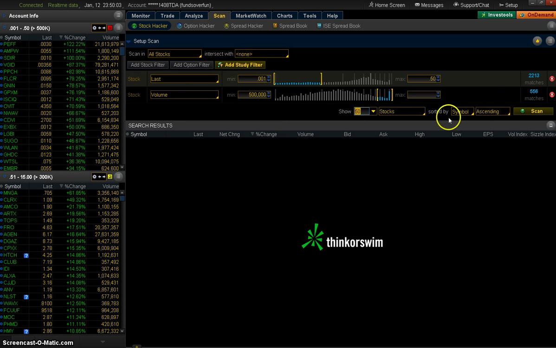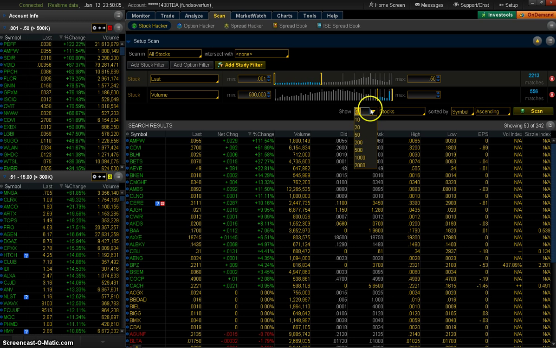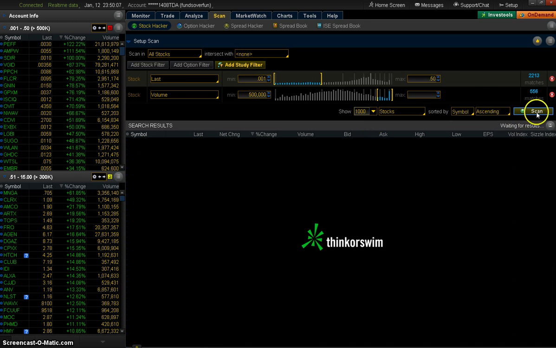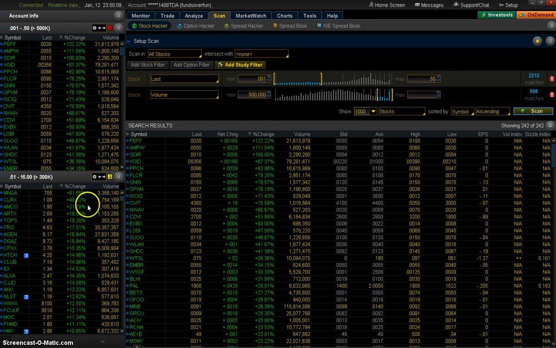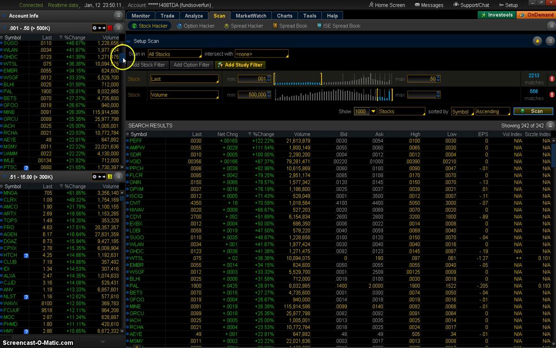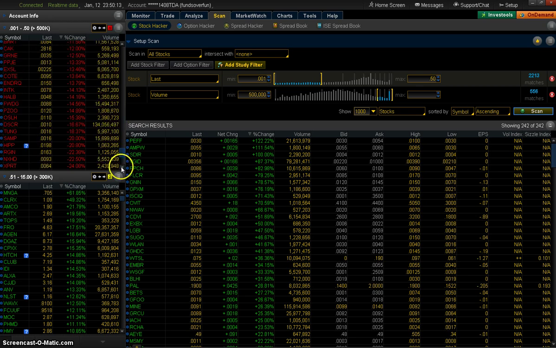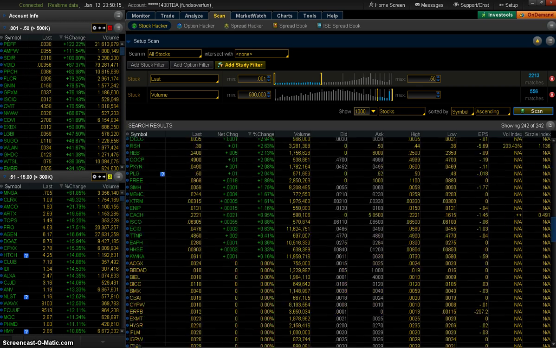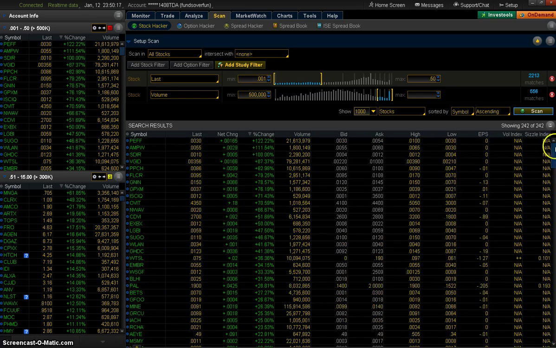Exit out that last filter, hit scan. Obviously you're going to have to change this to 1,000 again, and 242. So in this particular list right here now, there are 242 tickers in that list. Those same tickers are here, and then you will hit that button right there, save scan query,